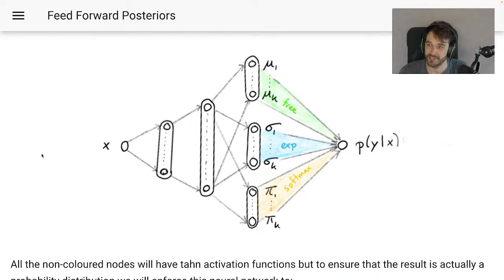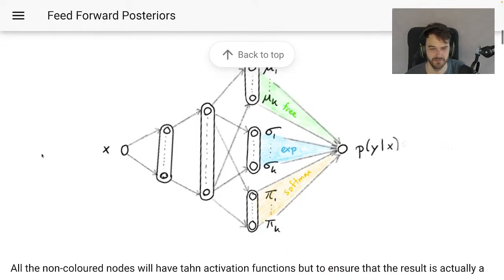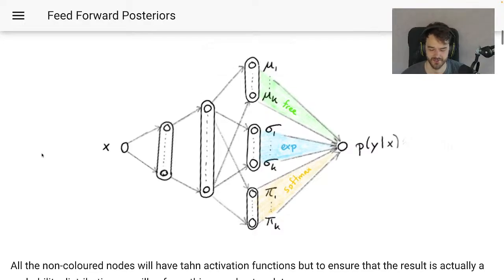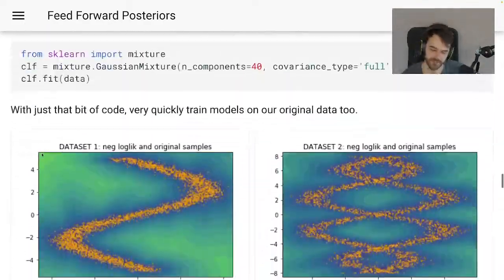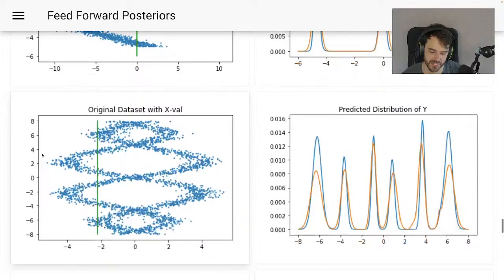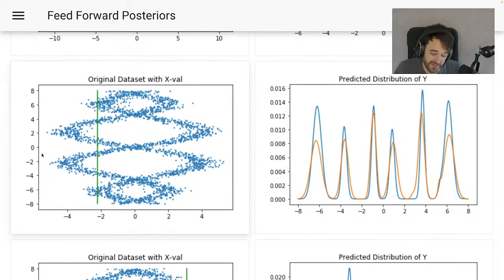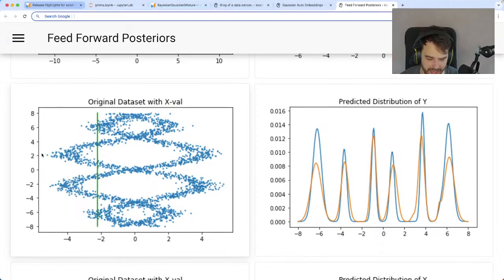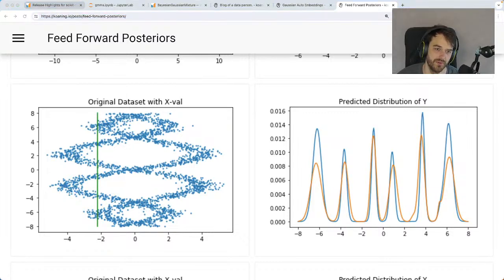This architecture seemed pretty clever to me. I'm a little bit surprised to see that it's not really being used as much anymore, so I'm kind of curious if there's a reason why. But the point of this blog post was to show that if you are going to train neural networks that way, you do get a distribution going out. But one of the conclusions that I've also got was you can also just use the Gaussian mixture model from scikit-learn, and that's a whole lot faster than training a big neural network to do this sort of thing. So anyway, that's a bit of a diversion, a bit of an edge case. But I do think it's another nice example of just how flexible these Gaussian models can be. You can use it to emit a distribution, and also in regression land, that can just be super useful.